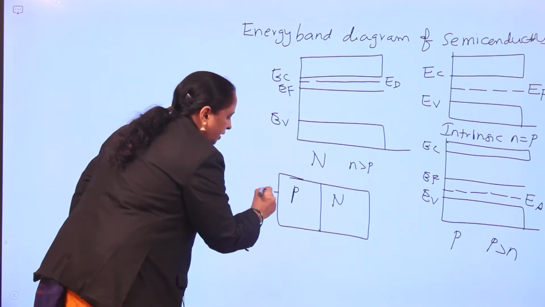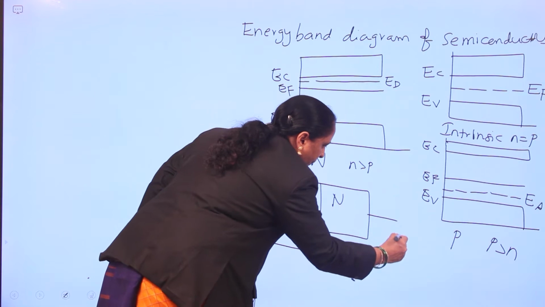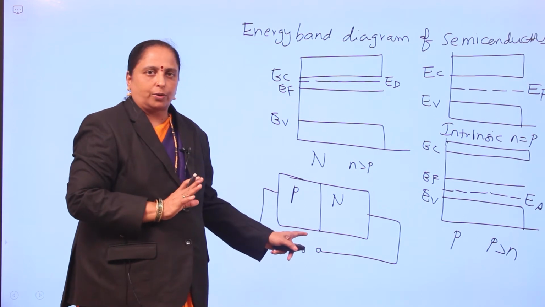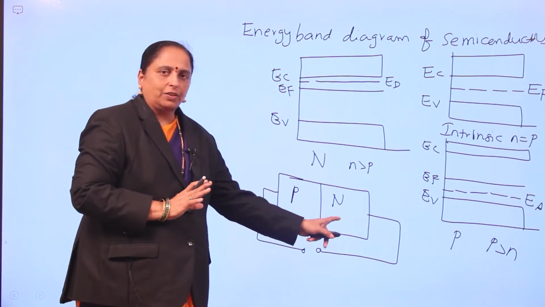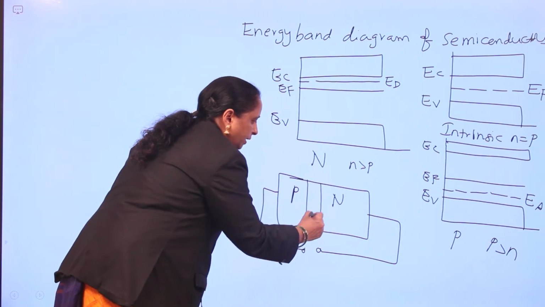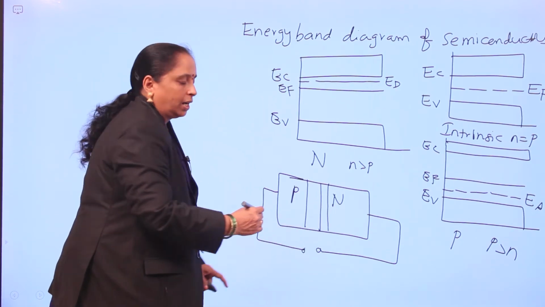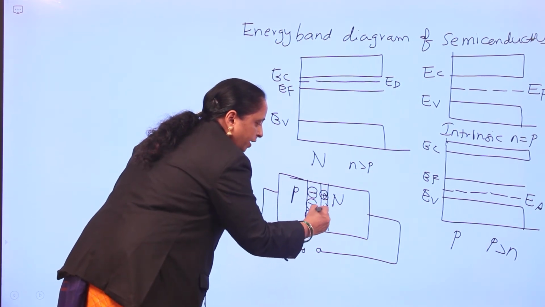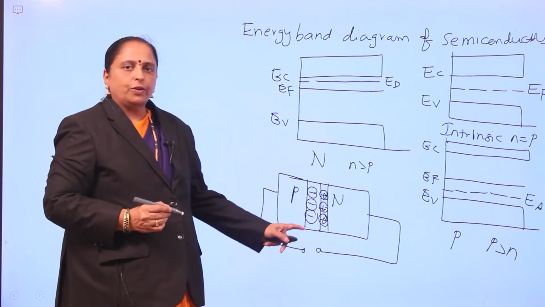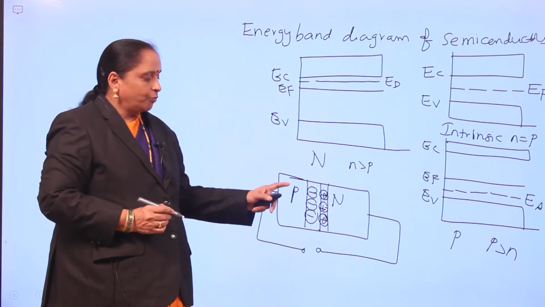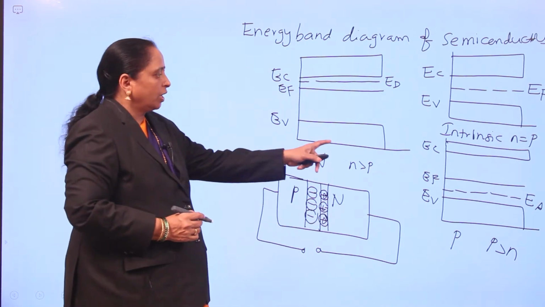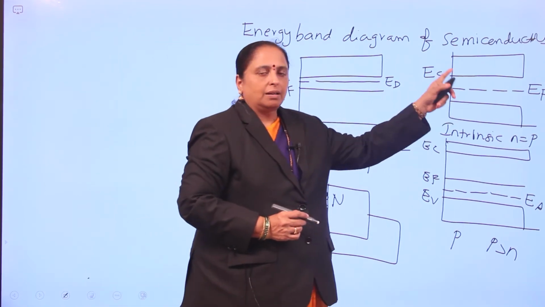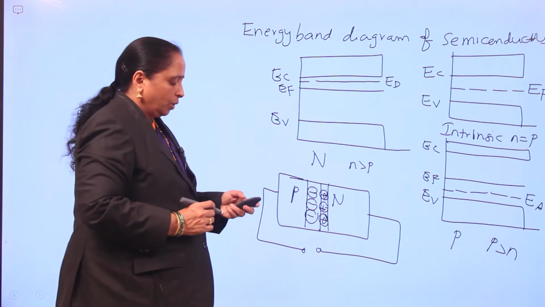So here we are going to discuss the open circuited PN junction. Open circuited means you are not giving any supply for the working of this diode. Therefore, when P is combined with N material, it will form a barrier. In the previous slide, we have seen that there is a P side negative ion distribution and an N side positive ion distribution. Therefore, we are going to draw the energy band diagram for this PN junction diode. That is, you are going to combine this diagram with this diagram to reach the equilibrium condition.